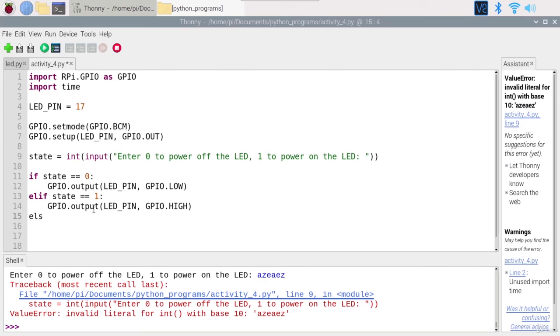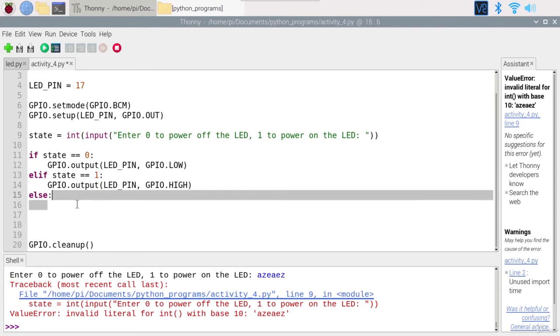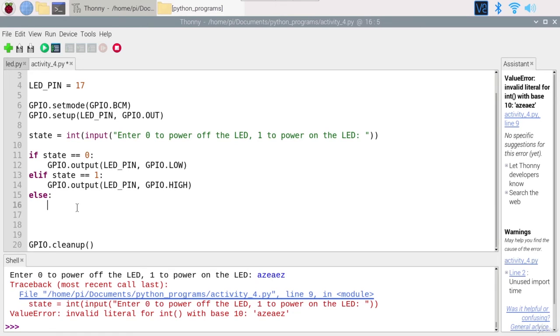Okay, and then we have else. So if we have 0, we power off the LED. If we have 1, we power on the LED, and else, which means any other number we get,